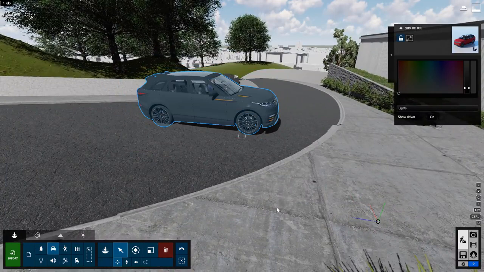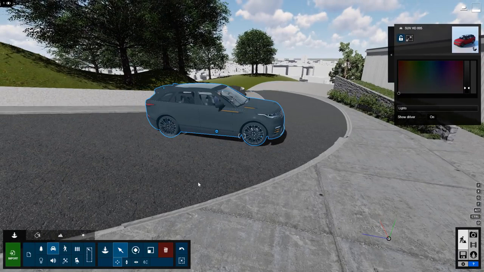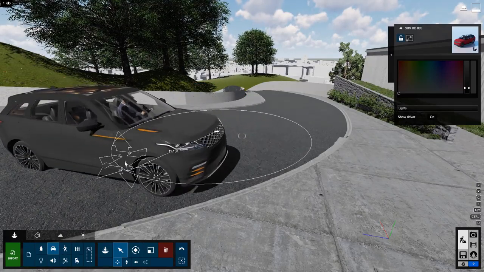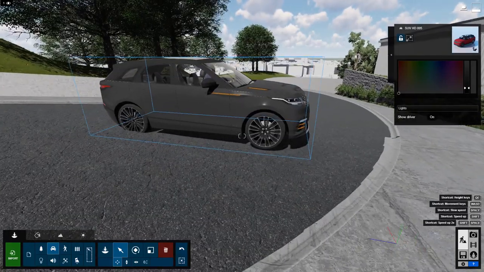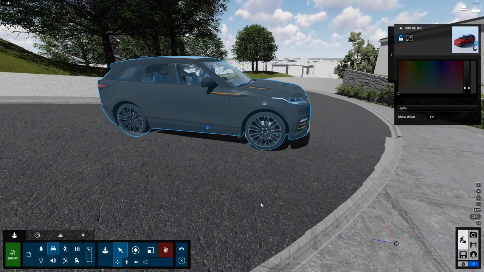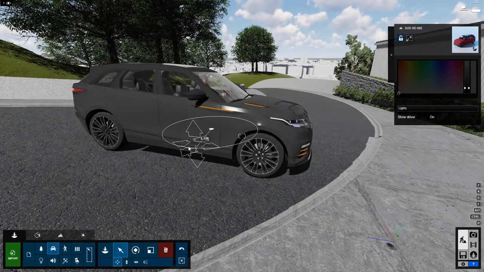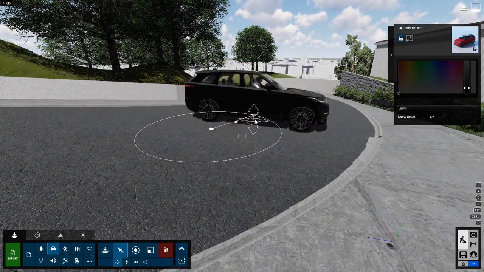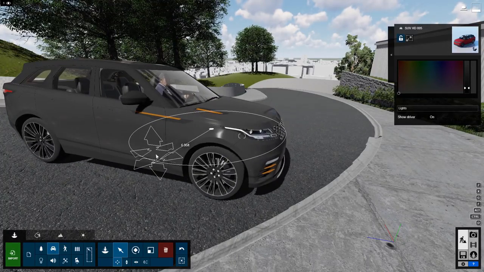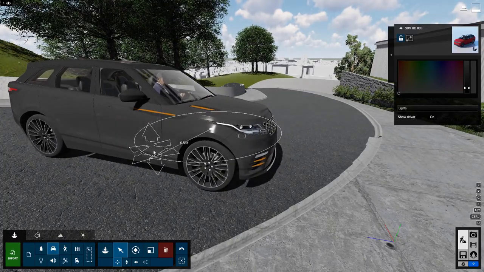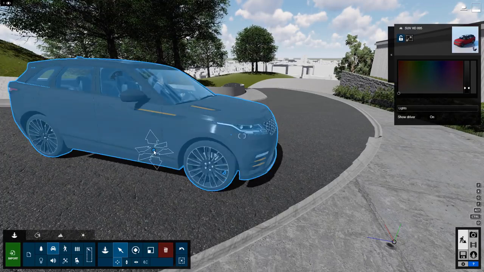So what's going on here is that our car is kind of melted into the road. So the tires are kind of digging in, and let's see, if we just move it maybe even a little bit further over here, you can really see what's happening. The back wheels are buried, the front wheels are floating. Watch this though. As I'm moving, if I hold the F key, look what happens. It reorients itself. It matches the wheels to the road. That's a really convenient shortcut when you're modifying cars. So keep that in mind.